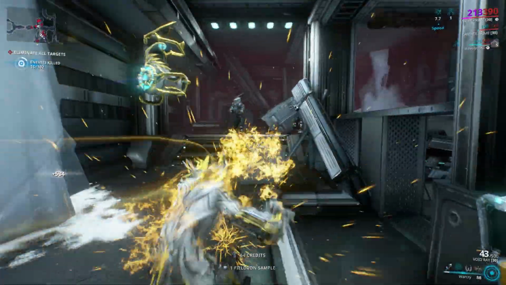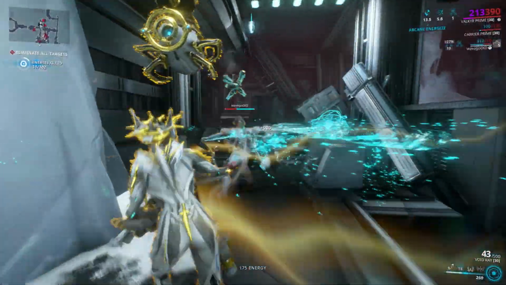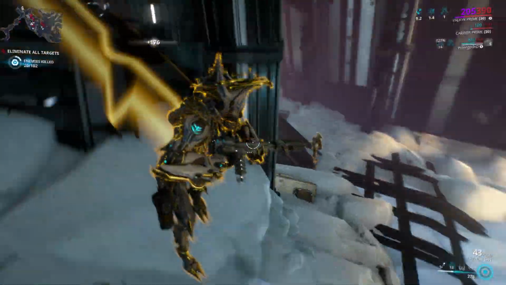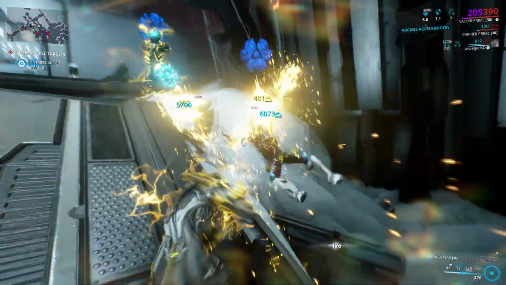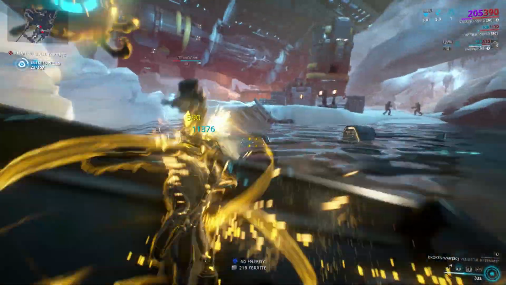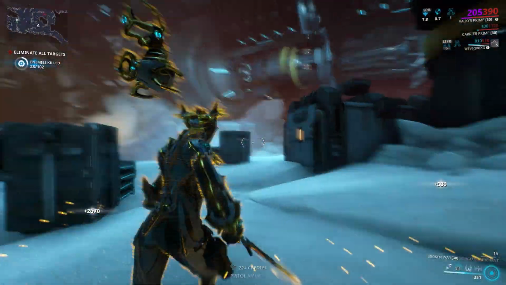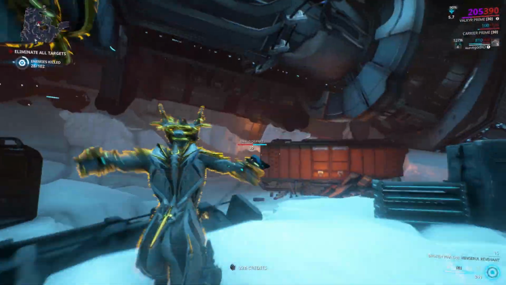Crowd control abilities are those which impede enemies, preventing them from attacking or interfering with an objective. While crowd control abilities can deal damage, that is secondary to crowd control itself. Practically every frame has some form of crowd control, so it can be hard to nail down who does what